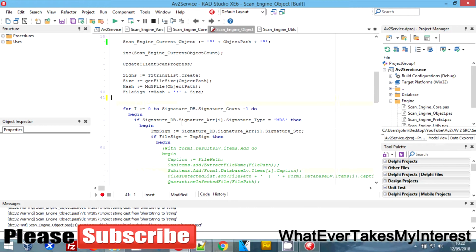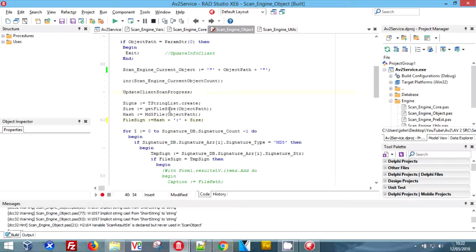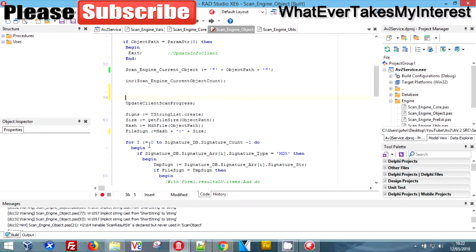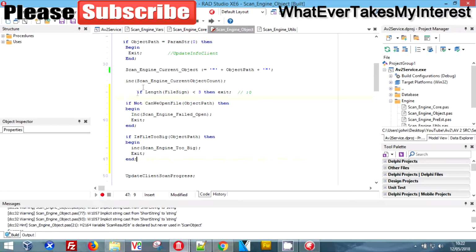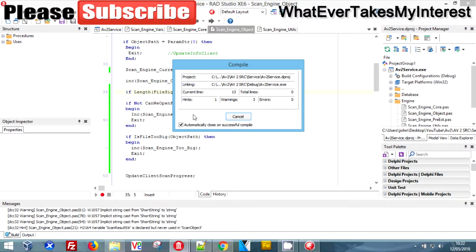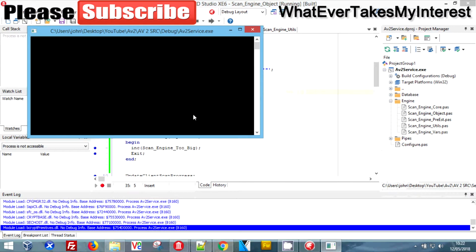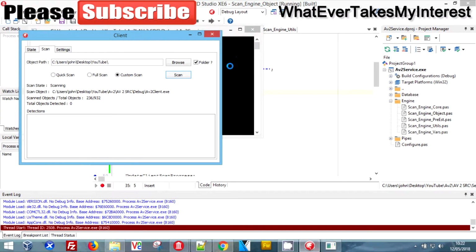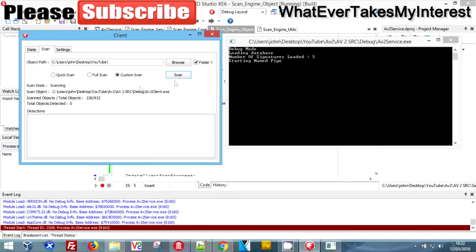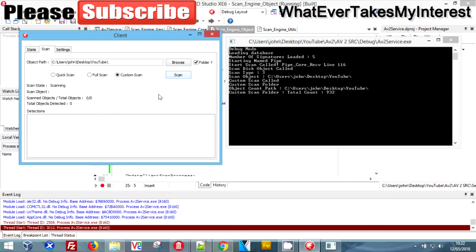So what we're trying to do is open the file here to get the file size. Now that will cause it to crash because we can't open the file if we are running the file. So what we're going to do is stick the "if we can't open" above it, and then it should call the "I can't open the file", and then it should drop the thread out one side. So drag this back over here, and we're just going to hit scan again, and it should reset all the settings,